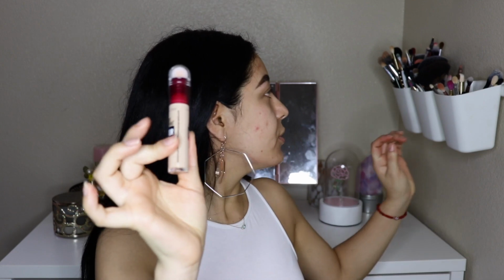But yeah, because they sell it over there. Don't get me wrong, they do sell Maybelline in Mexico, but it's expensive. It's like a freaking MAC concealer price, and over here it's like $8. So I'm gonna go ahead and apply this, and the only thing about this concealer is that it does